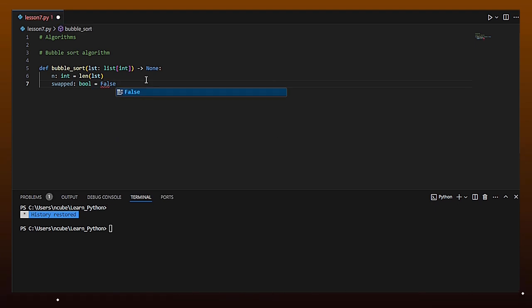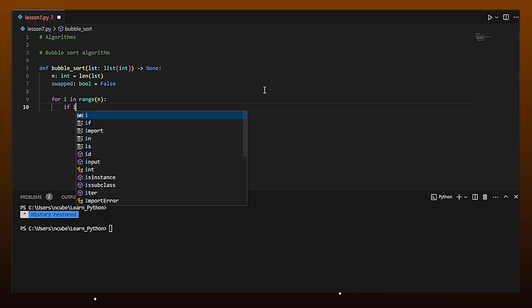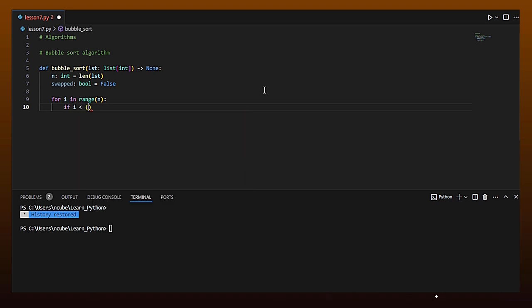Okay, so now for i, let's say i for item in range n. If i is smaller than n minus 1, then we move on. If it's not the last item in the list, then we continue; if it's the last item, you can't really check it with any other item. So if i is smaller than n minus 1, we want to check